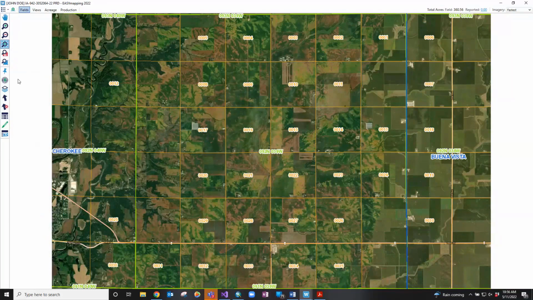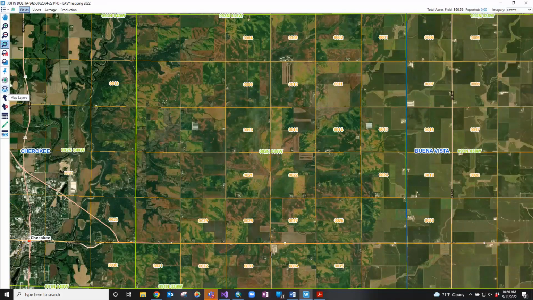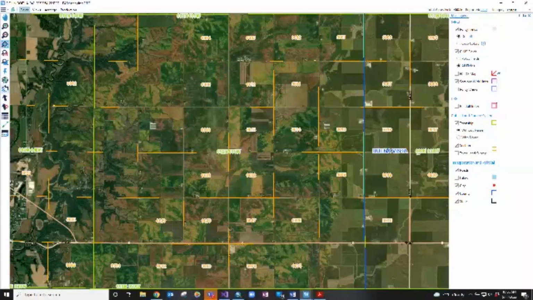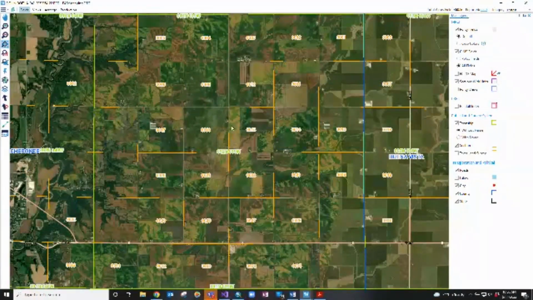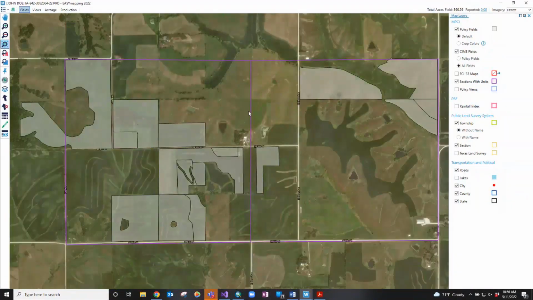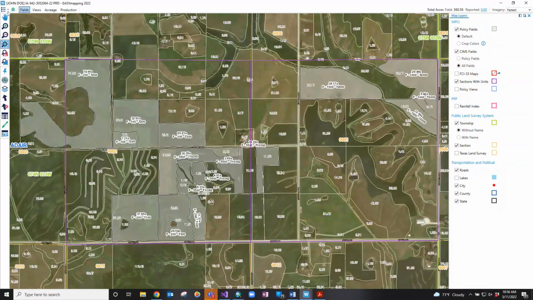Up next, we have map layers, which you saw a little bit ago. If we open map layers, these are all of the layers that you're going to see while you are in EASYmapping. So let me get back to the farm view here. Keep in mind, we did the EASYmapping settings up top, so this will not affect that. But if you have the CLU layer on and you want to turn it off, you can come in here and turn it off just for this session that you're working in. Next time you come into another policy, it's going to respect your EASYmapping setting preferences